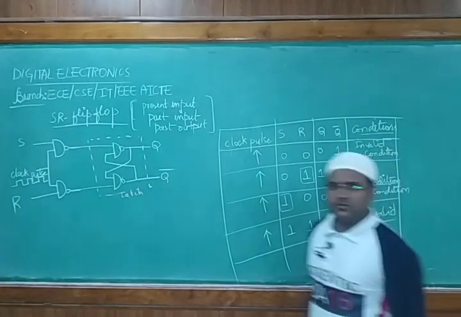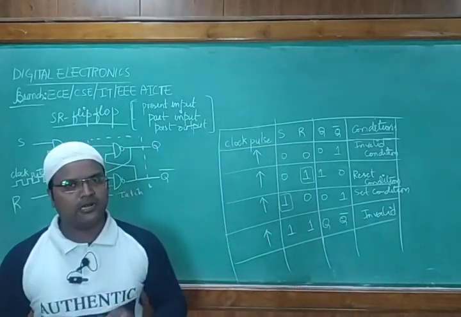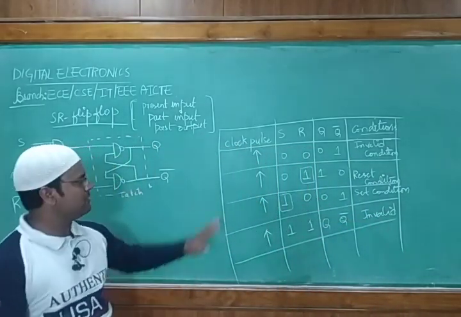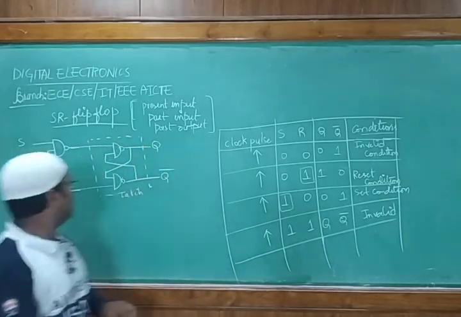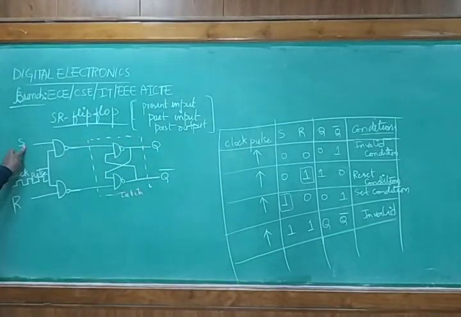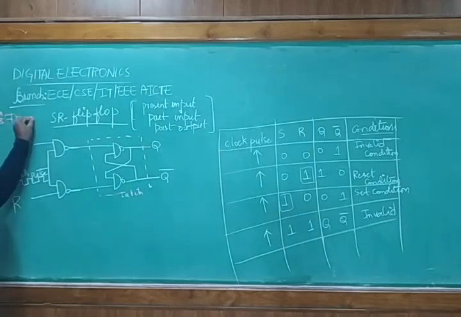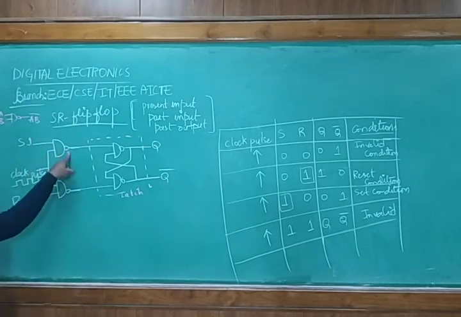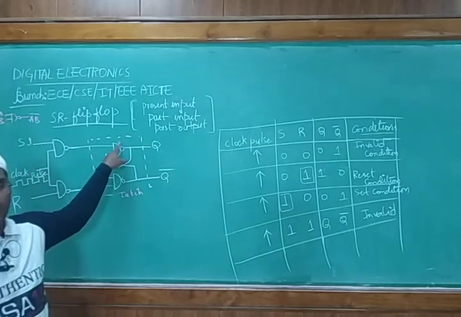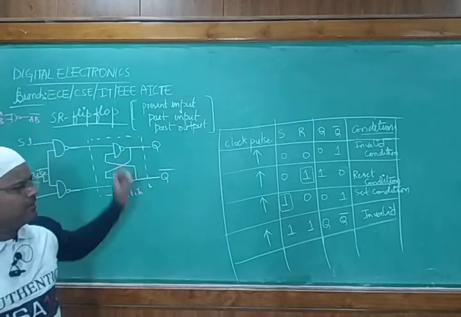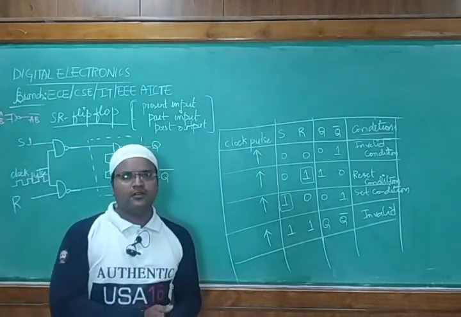As you can see over here, it resembles the same thing as a NOR gate latch. Since we are giving the clock pulse, we are passing the set bit. When the set bit is high, equal to 1, we are passing it, and this behaves like a NOT gate, right? Because what is the output of this? If you give AB, the output would be AB complement. So when we are giving 1, let's make it the complement. Again it is passing to this end, taken by using the cross coupling, and at the end you will get this truth table.